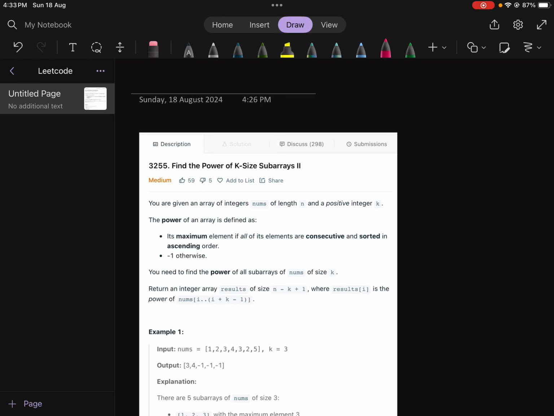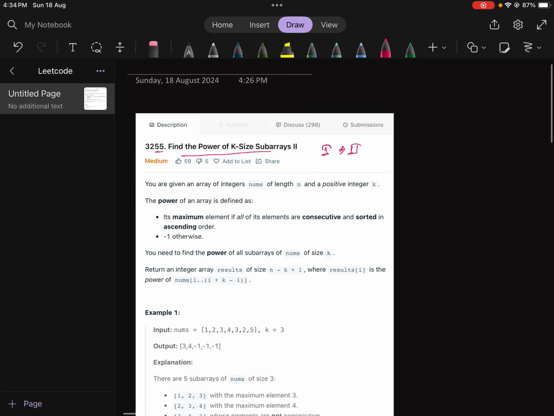Hi, so in this video, we'll discuss LeetCode problem 3255, Find the Power of K Size Subarrays 2. Both 1 and 2 are actually the same; the only difference is the constant. So the statement is that you are given an array of integers nums of length n and a positive